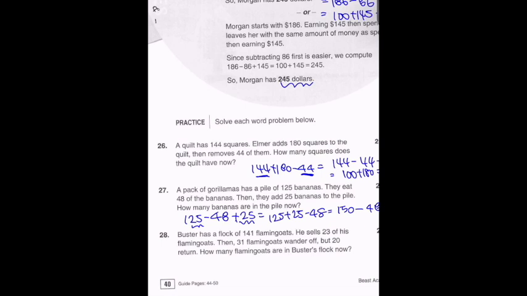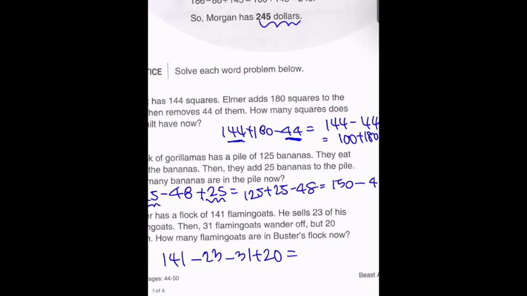And so now we'll go over the answer to problem 28. So Buster has a flock of 141 flamingos. Then he sells 23, so we're going to subtract. And then 31 flamingos wander off, so we're going to subtract again. And then 20 return. And so now we're going to try solving this. So first of all, we see 2 numbers that end with the ones digit of 1. So we're going to try to do those first. So we're going to rearrange it